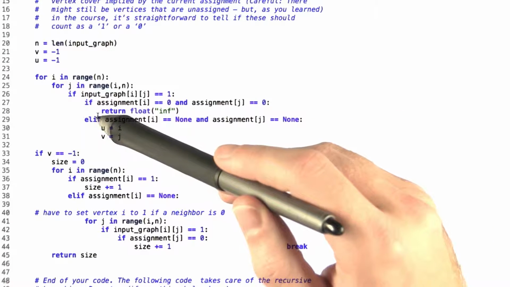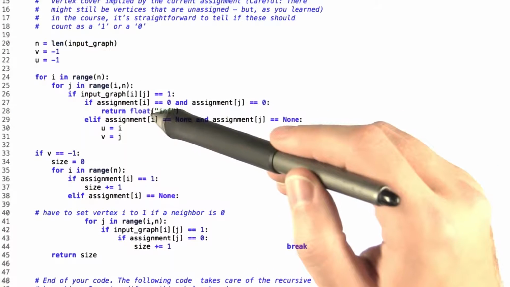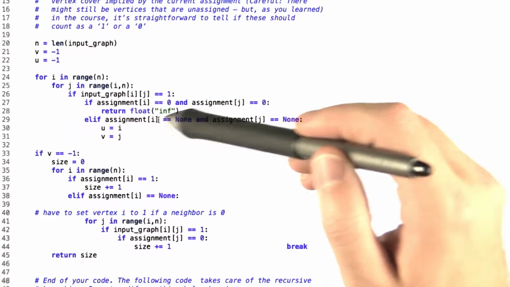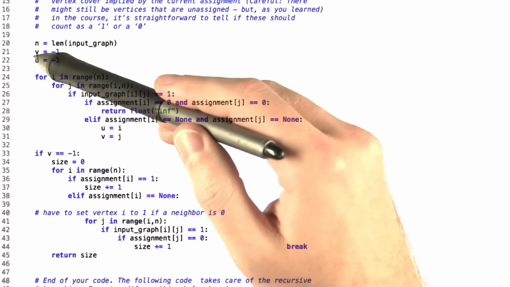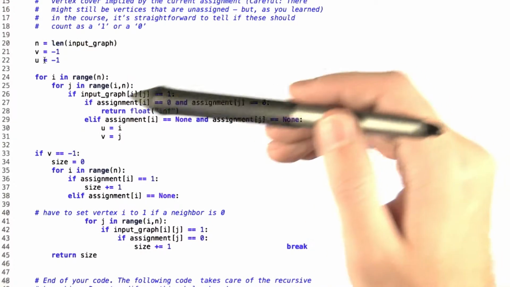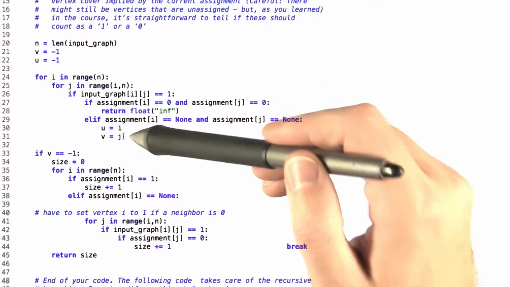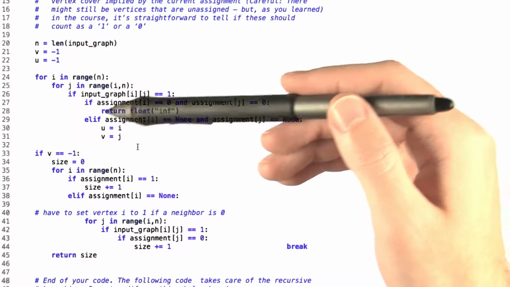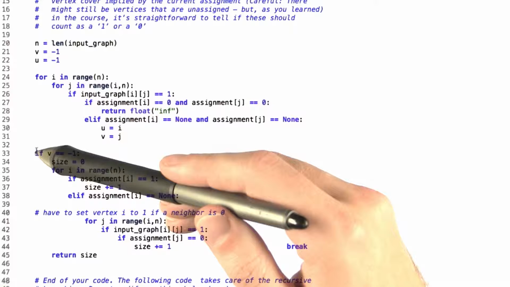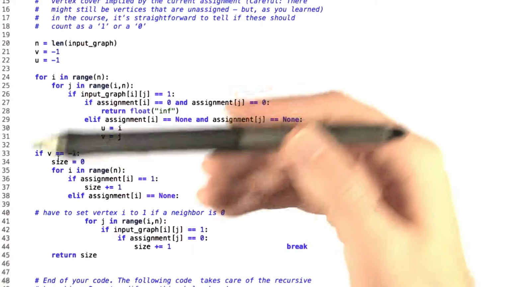Now, otherwise, if we find that the assignment for both i and j is equal to none, then that means we haven't actually looked at this yet. So it's a good candidate for setting v and u. So then we set u equal to i and v equal to j. And we continue on. Now, once we go through the entire double for loop, we check if v is still